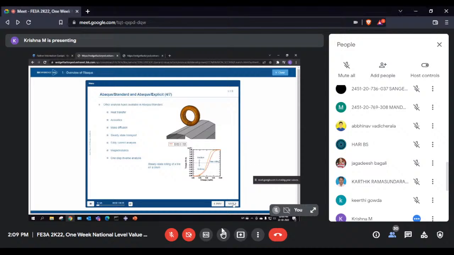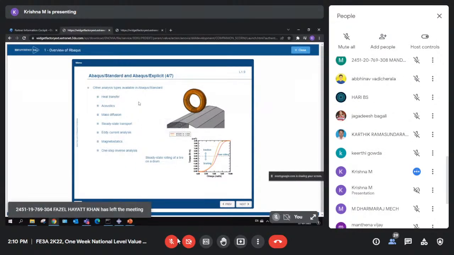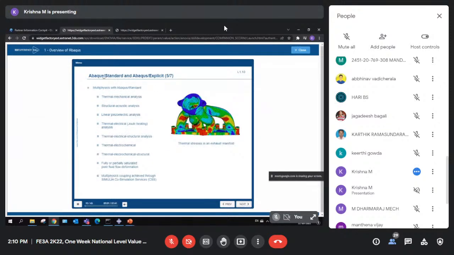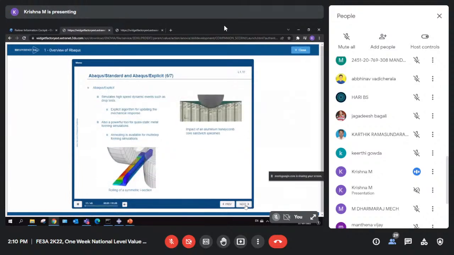And other analysis types in ABAQUS are heat transfer. You can do acoustics like NVH problems. You can do mass diffusion. You can do steady-state transport, electromagnetic analysis for eddy current analysis, and magnetostatic analysis. Also multiphysics like thermoelectric analysis or structural acoustic analysis, linear piezoelectric analysis. These all can be done using ABAQUS Standard. So before we go into